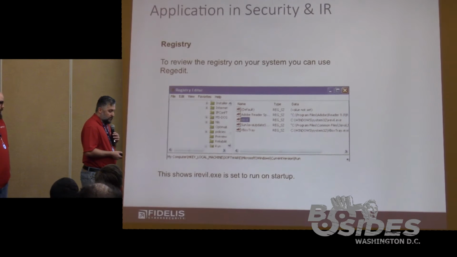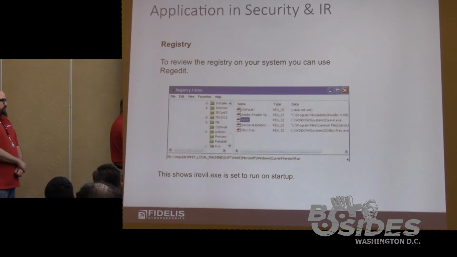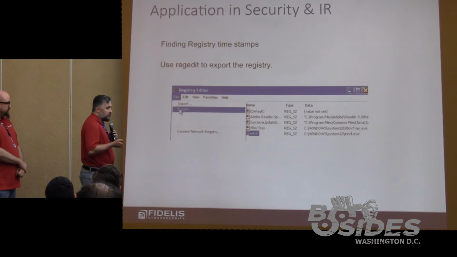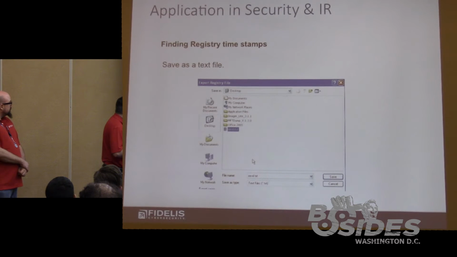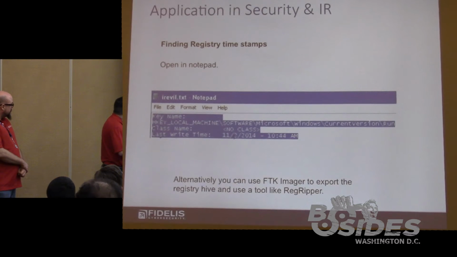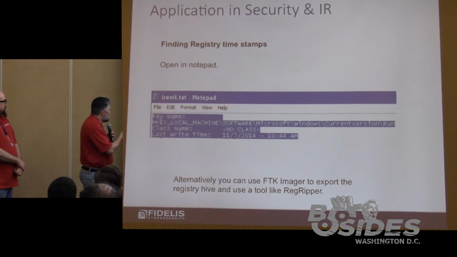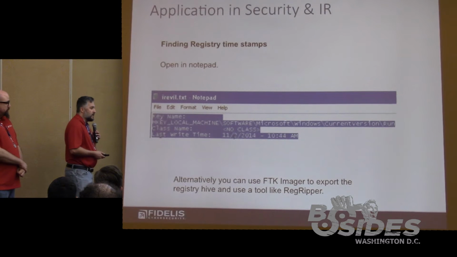One of the things we can do to get a little bit more information, maybe about when that key was put in there, is save out the actual registry key. Again, using regedit, this is a tool already on your system. You just go File, Export, and save it out as a text file, as you can see me doing here. This saves out the actual text. If you open it up, you get some real nice information. You can see the last time that key was written to. And we see that November 2nd, 2014 date again.